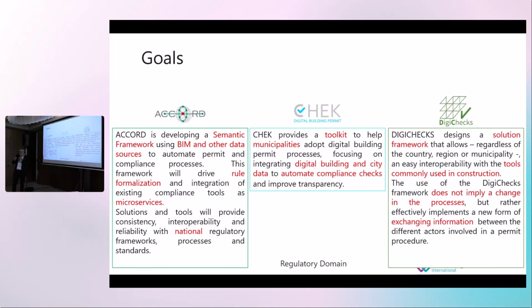In ACCORD they were working on rules, focusing especially on national regulations. The CHEK project provided a toolkit to help municipalities, so the focus is not on the country but on municipalities. Digital building and city data were the focus, so we are very close to the smart city concept, in my opinion. And there is also an interesting part about automatic checking